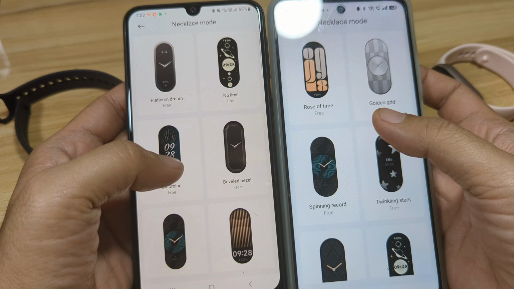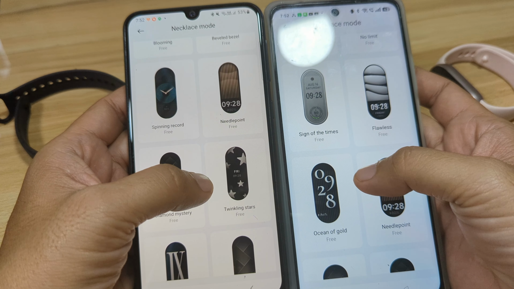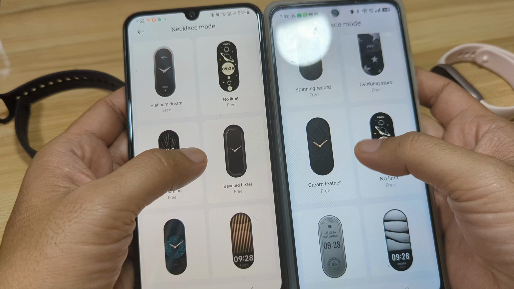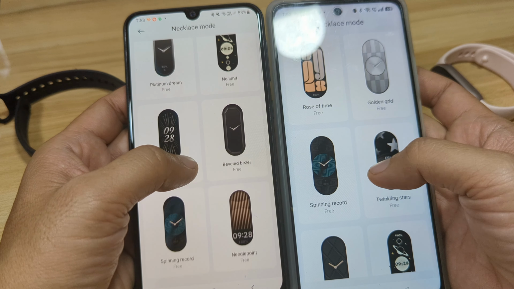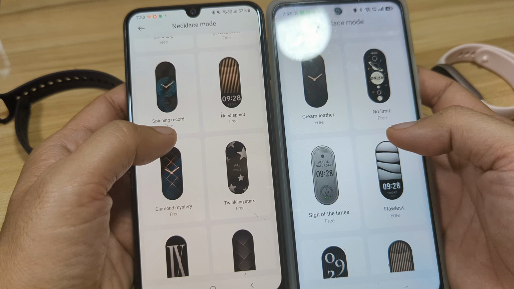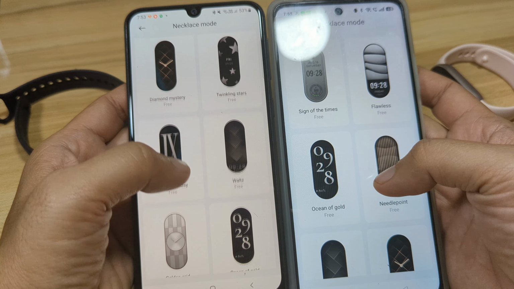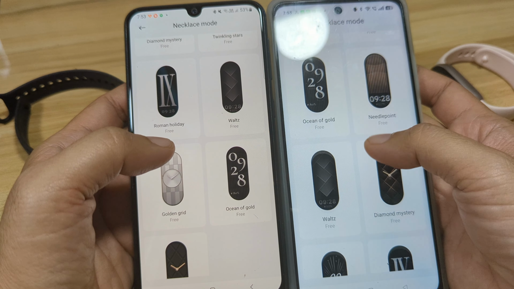I think it's just the same number of dials, or more for our 10. 1, 2, 3, 4, 5, 6, 7, 8, 9, 10, 11, 12, 13, 14, and 15. So more watch faces or dials for our 10.